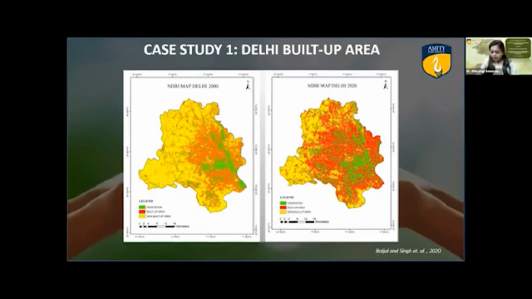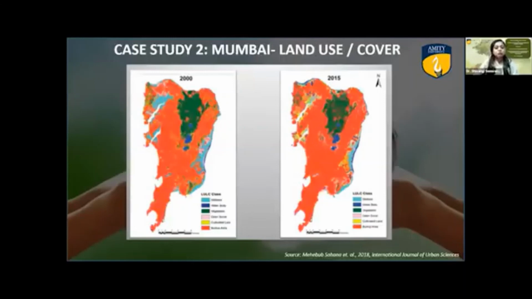Now, coming to the next case study, that is again one of the metropolitan cities, Mumbai. In this image also, the increase in the density of the urban settlement is quite evident over the period of 15 years from 2000 to 2015. Here also the red color shows the built-up area. Now cities like Mumbai, which have been very densely populated for decades, through maps of such scale you may not be able to see the increase in the urban built-up so clearly.